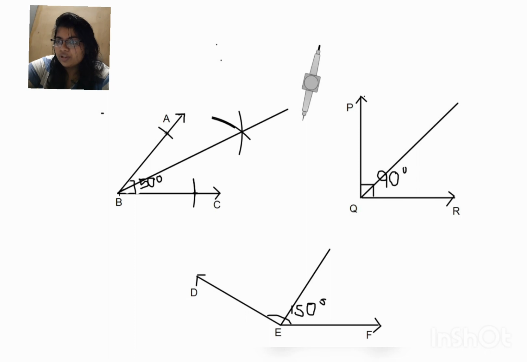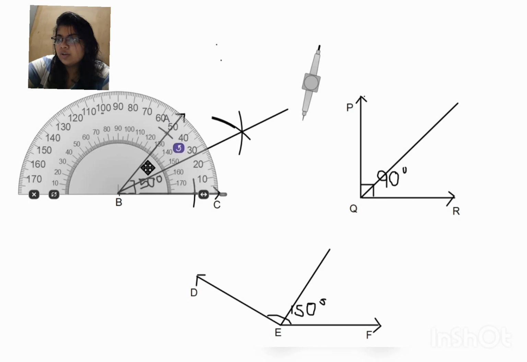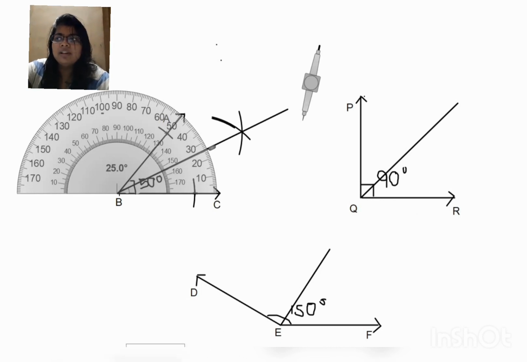So we'll place the protractor at the base of the angle such that the vertex coincides with the vertical line that is present on the protractor, and we will measure it once again. Now as you can see, my arc has given me a perfect division of the angle into two equal parts, that is 25 and 25 degrees each. This is known as the angle bisector. So what we did right now is